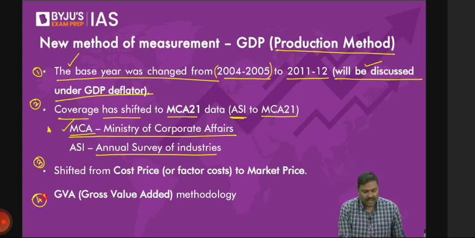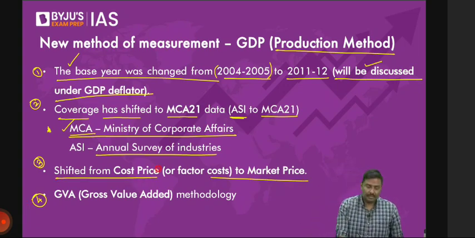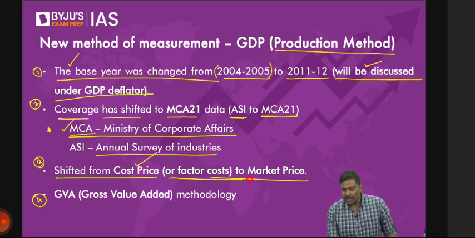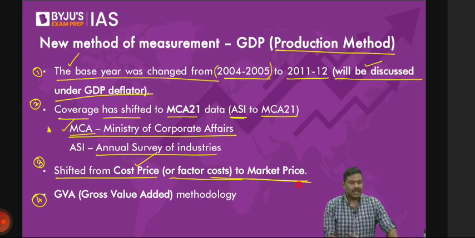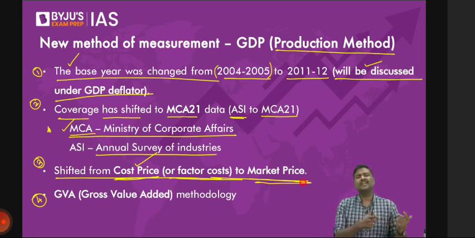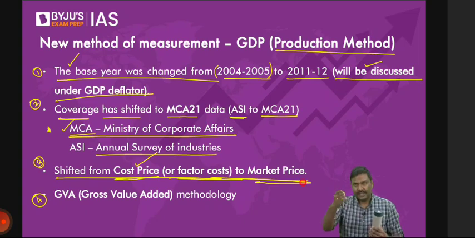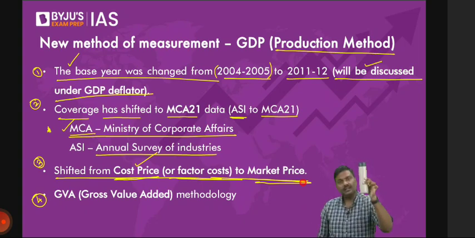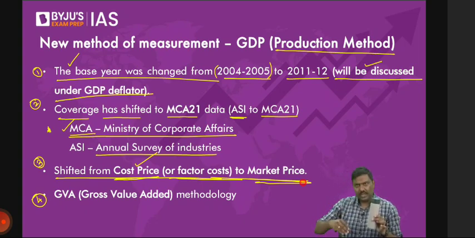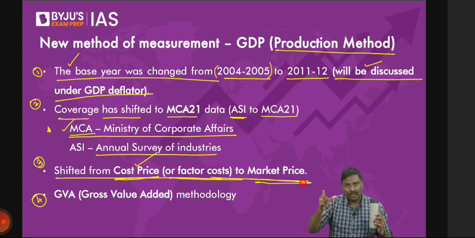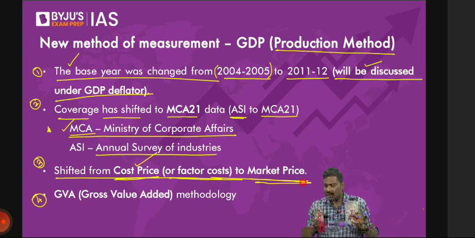Please wait. Next one, earlier we used to calculate GDP through cost prices or factor cost. And now we have shifted to market prices. I'll repeat the statement. Earlier we used to calculate GDP through factor cost. Now we have shifted to market prices. Now what are factor cost and market prices? Please go back to yesterday's class as well as the first class. What is the idea for factor cost? If you are manufacturing this bottle, whatever input you have used, you have paid money for those inputs. Can I call these factor cost?